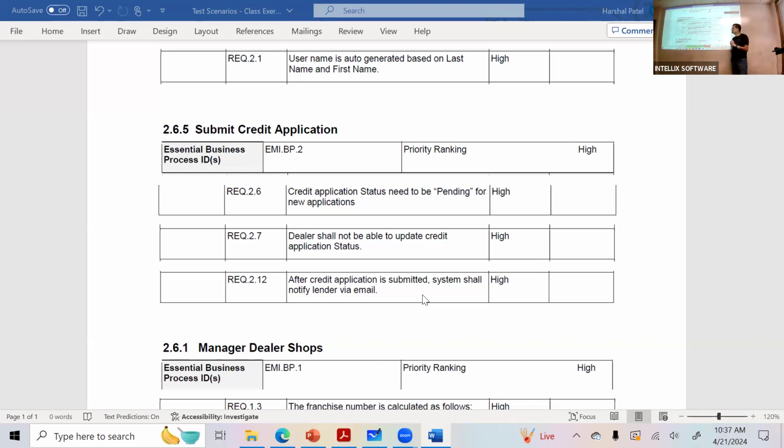The system will be able to notify the lender through email. Okay, now how would you test it? How would you prove that it is working as expected?